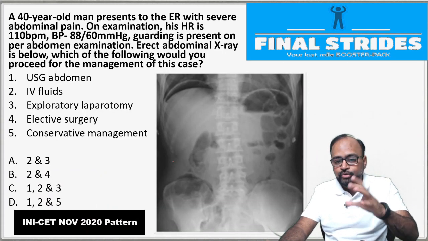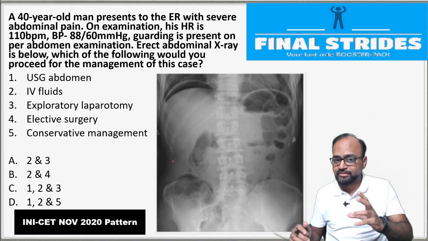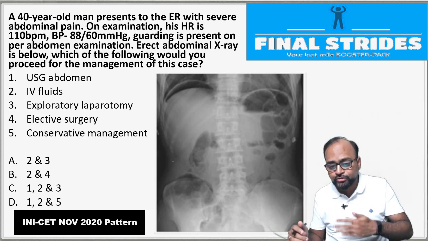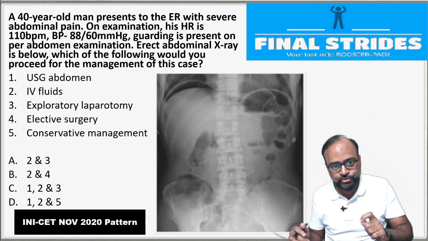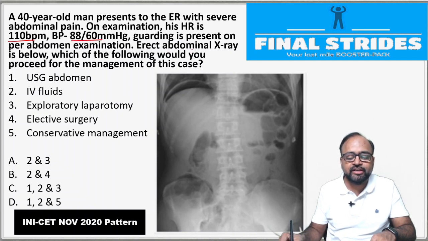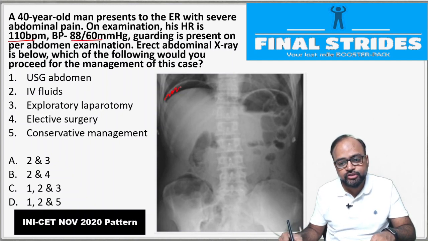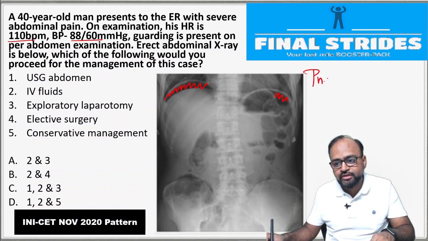Yes. Now look at this. This is something that you just cannot afford to miss, this diagnosis. Your examiner is asking you this diagnosis repeatedly every other exam. Why? Because your examiner expects you to make this diagnosis and not miss it. See here, 40-year-old man presents to the ER with severe abdominal pain. Heart rate is elevated, tachycardia, BP is low, guarding is present, erect abdomen X-ray. This is what I want you to see. What is this? This is free air under both domes of diaphragm. So free air under both domes of diaphragm is what it is called as